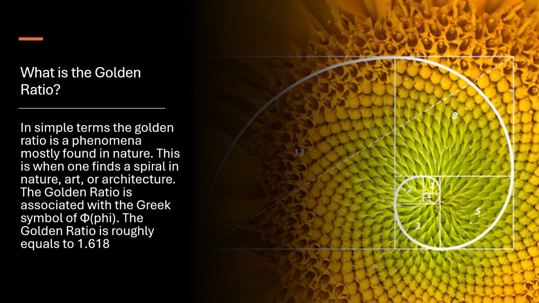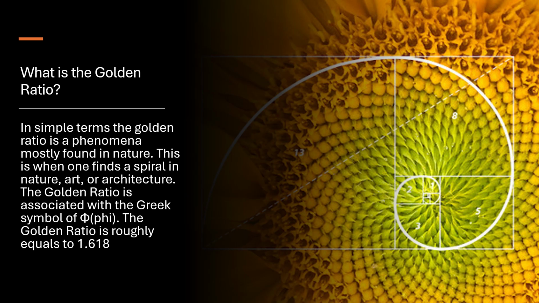What is the golden ratio? In simple terms, the golden ratio is a phenomenon mostly found in nature. This is when one finds a spiral in nature or horticulture. The golden ratio is associated with the Greek symbol phi, that being this symbol right here. The golden ratio is roughly equal to 1.618. So next time when you go outside, look at a flower, preferably a sunflower, look at its petals or